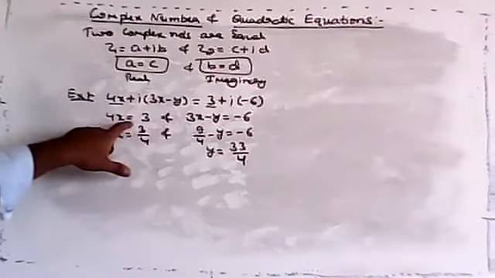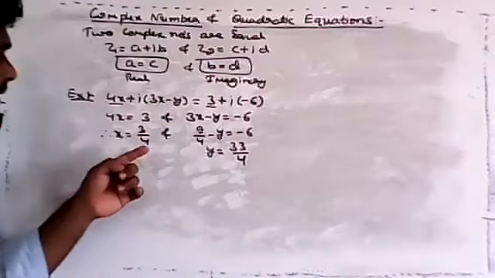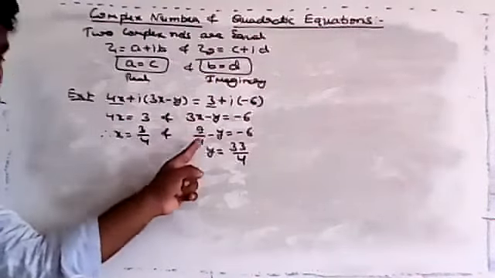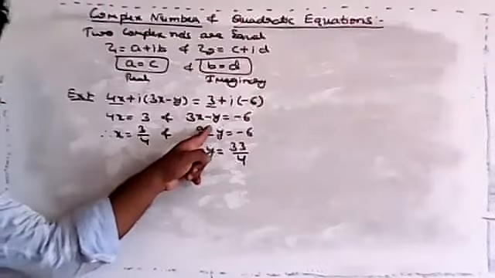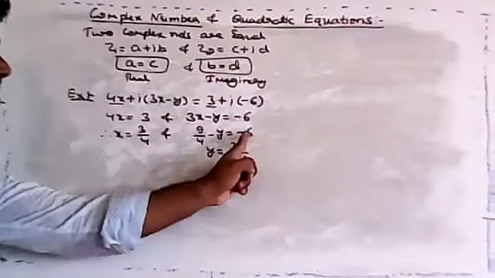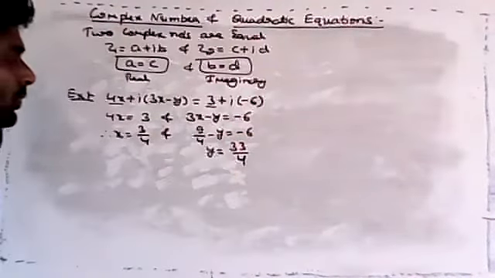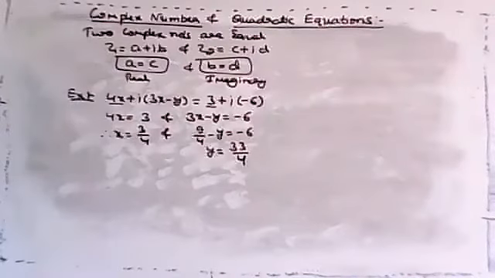Because 4x equal to 3 is there, just cross multiply that one. And in this equation, in the place of x, you put 3 by 4. So 3 threes are 9, 9 by 4, like that. Clear that one? When you take minus 6 on this side, plus 6, and minus y taken on that side, plus y. So 9 by 4 plus 6 is 33 by 4.